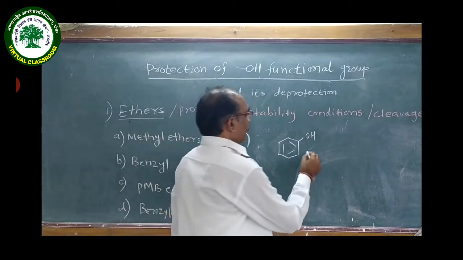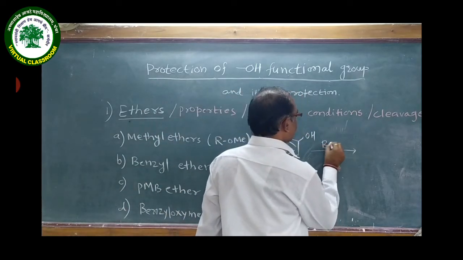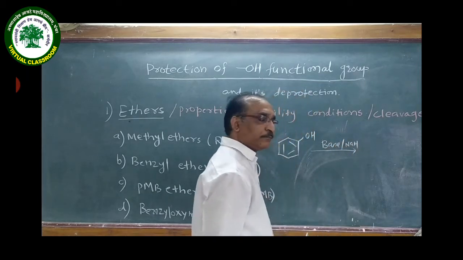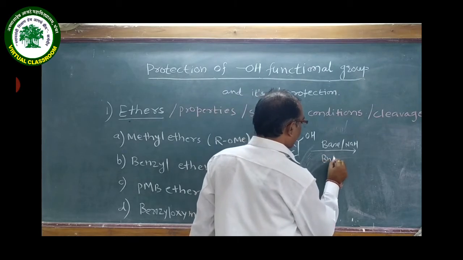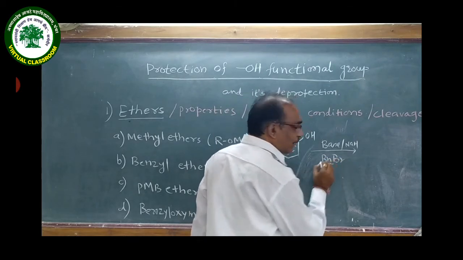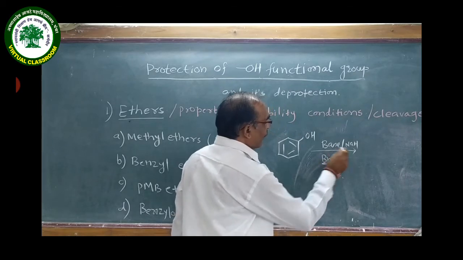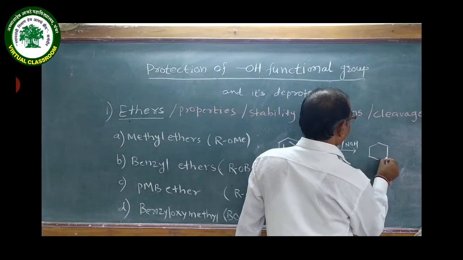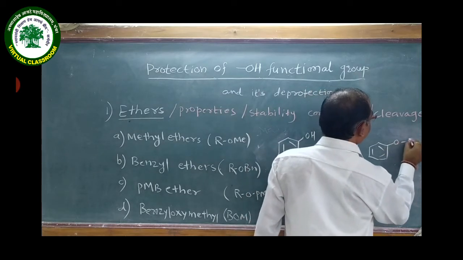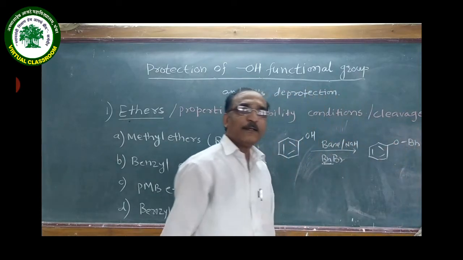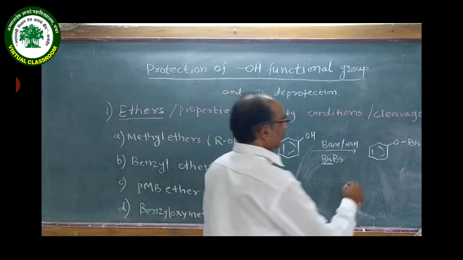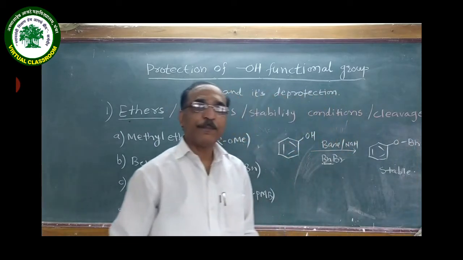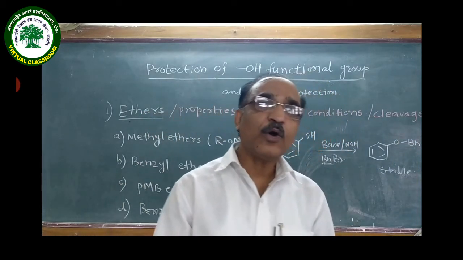Okay, then take a base like sodium hydride, then benzyl bromide. This is a benzyl, don't confuse. This is a benzyl bromide, it is a short form of benzene. So we will get a benzyl ether, right? This benzyl ether is quite stable, as I said, in acidic, basic, and mild hydrogenation and oxidation